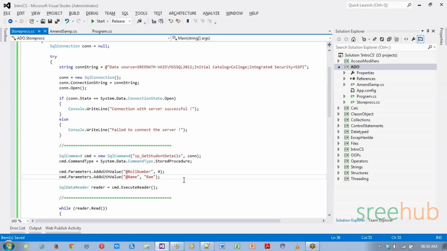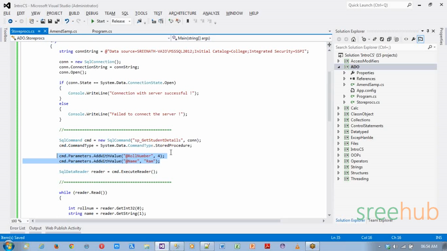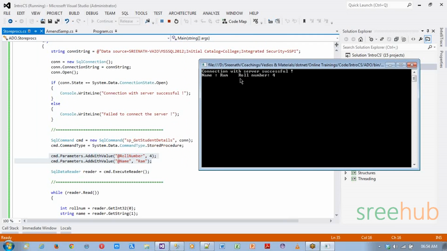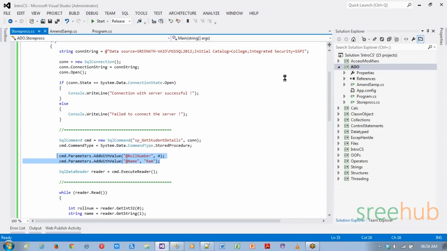So these are the parameters I want to provide to my stored procedure, and whenever it gets executed, it will give me the required data. Let's run this. Now you can see Ram and 4, I'm actually getting, based on my where condition, the specific record. So this is how we can execute a stored procedure using our .NET SQL command libraries. These patterns, whatever we have seen now, are the same across any number of